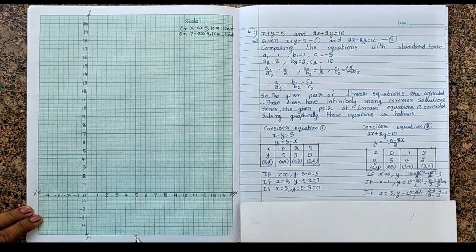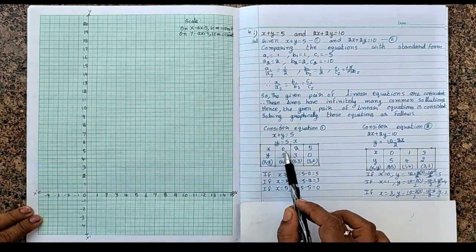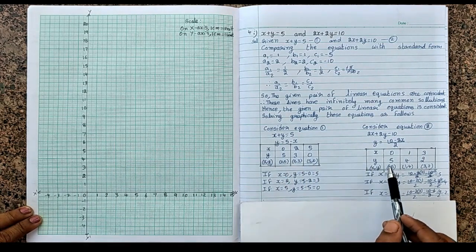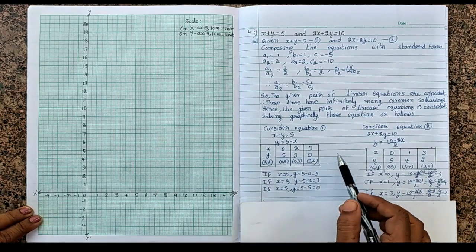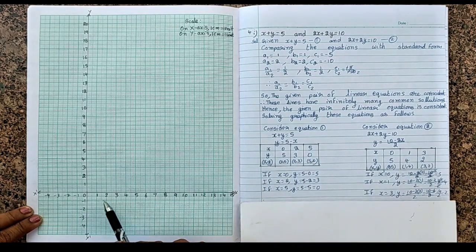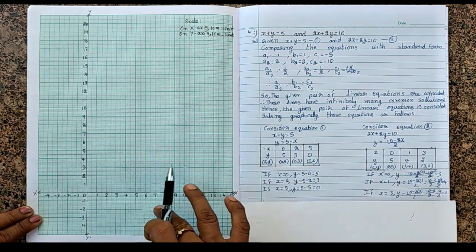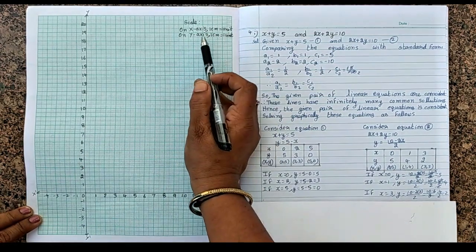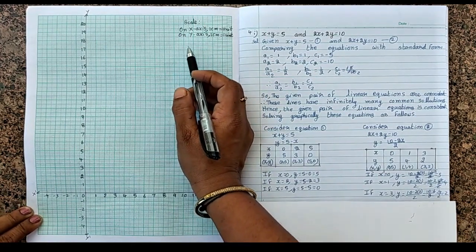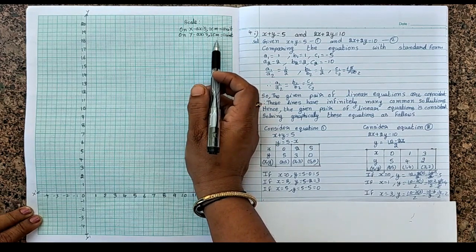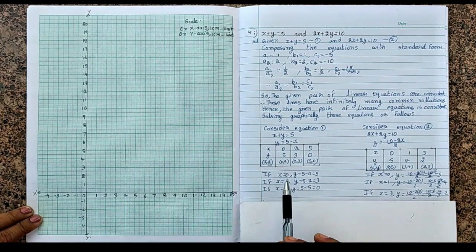So look here, graph sheet, how we are going to take the scale on x-axis: 2, 0, 5, 0, 1, 3 means you can take 1 unit. So I have taken here 1, 2, 3, 4, 5. So up to here your scale is enough. So scale on x-axis 1 centimeter is equal to 1 unit. On y-axis 1 centimeter is equal to 1 unit, right? So now let's start